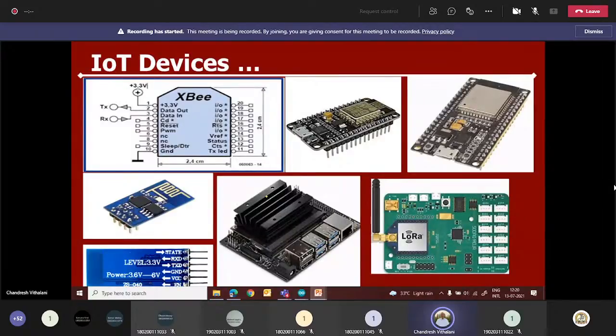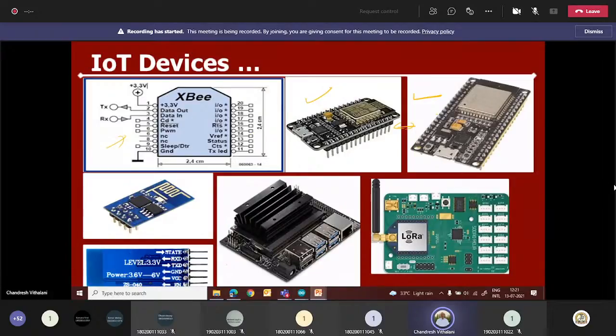So basically, this chapter covers the sensors, then IoT devices like embedded hardware, and then the actuators. So let's look at the IoT devices. We have so many IoT devices available. This is a Jetson Nano board, very famous for IoT applications. This is a NodeMCU. Today I will demonstrate that. This is an ESP32. It has a Bluetooth device inbuilt. So the only difference between these two devices is that it has Bluetooth simultaneously along with the Wi-Fi. This is a Zigbee module, which you can interface separately with a NodeMCU.